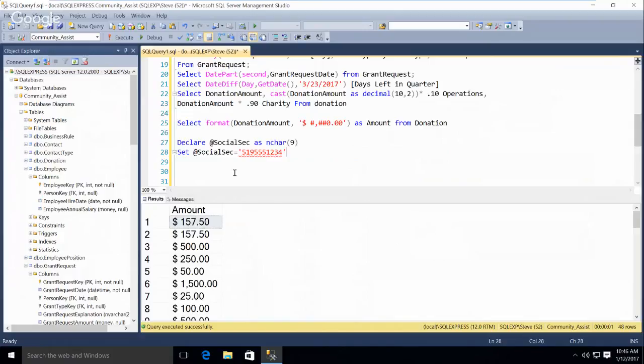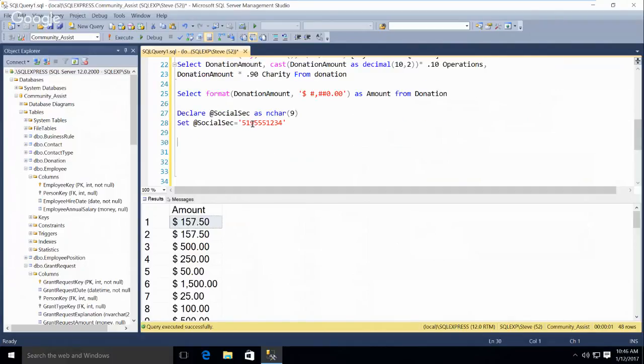Could be somebody's Social Security number, I suppose. We've got 10 characters there. You need to take out one of the 5s. You're not going to count the spaces. Well, I'm not putting any spaces in this. We're going to format it so that it has dashes between them.